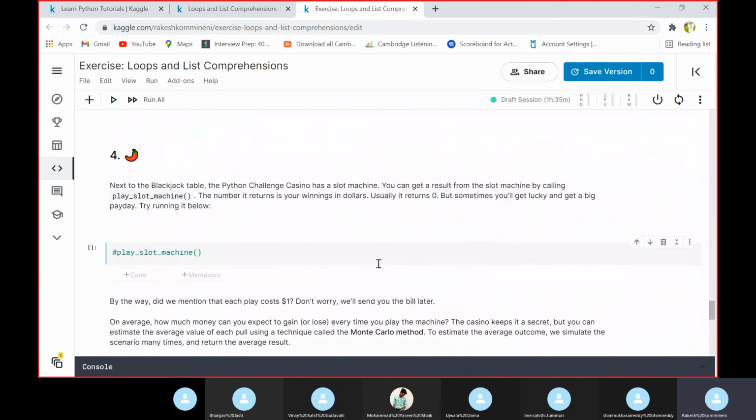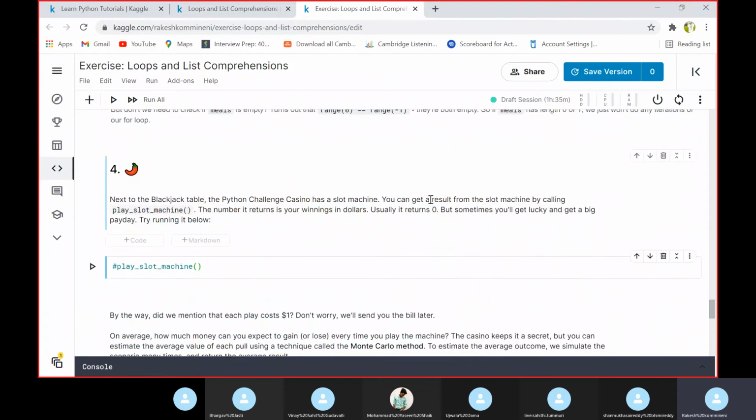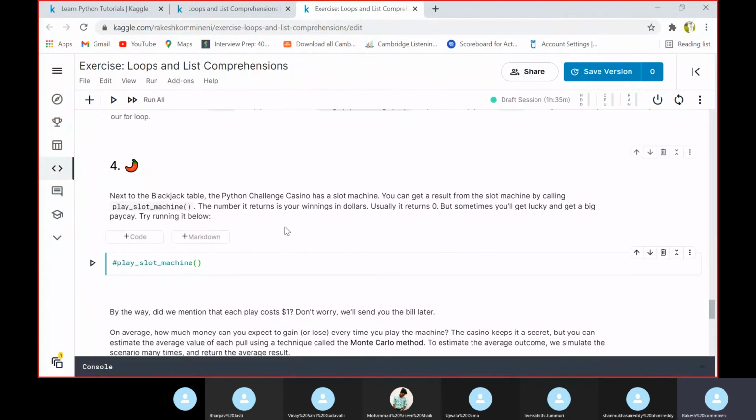And coming to the fourth question, next to the blackjack table, Python Challenge Casino has a slot machine. You can get a result from the slot machine by calling the function play_slot_machine. The number it returns is your winnings in dollars.